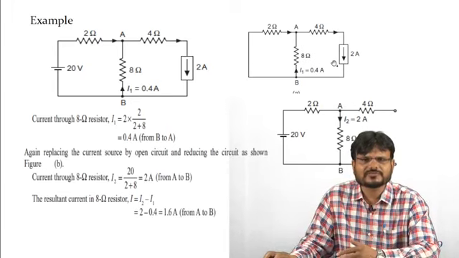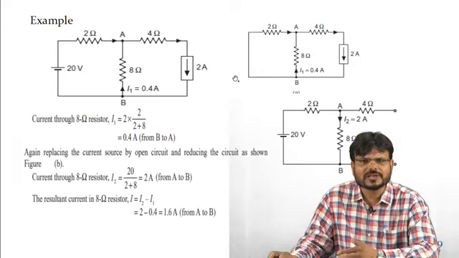So here you can find the current flowing through all the branches, like the current through this 8 ohm resistance. This current I2 will be divided into these two branches. You have to find the current in the 8 ohm resistance, which will be termed I1. So how can you calculate I1? I1 can be calculated from the total current, that is 2 ampere, which will be divided between the 8 ohm resistance and the 2 ohm resistance.